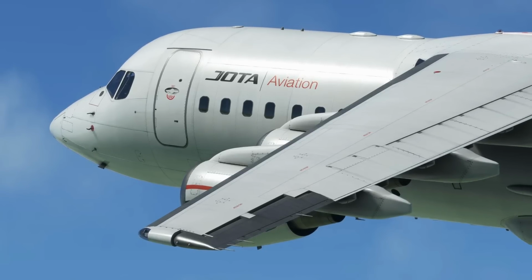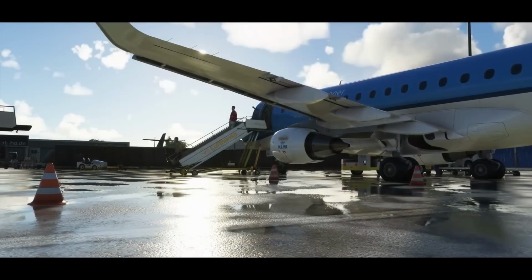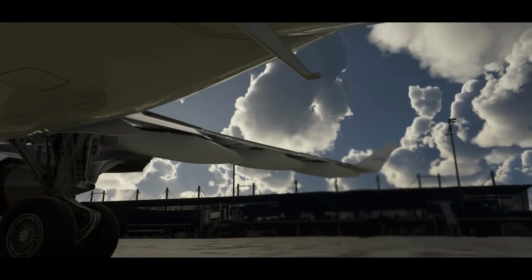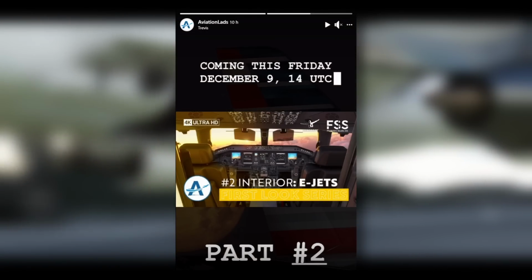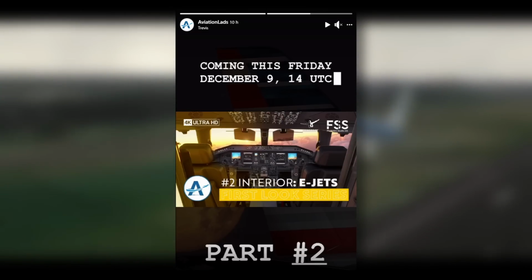Now moving over to the final aircraft in this list, I featured it recently on a full length video. Flight Sim Studios are working on the E-Jets. The first one to be released will be the E175, and I'm fully confident we'll see this in either January, February or March 2023. What inspires my confidence even more is that on the Aviation Lads Instagram, they've uploaded a story of them showing us the interior and therefore the systems of the Embraer E-Jets by Flight Sim Studio